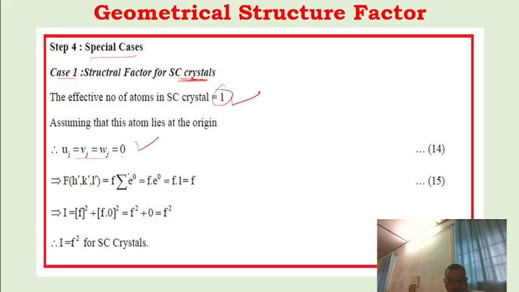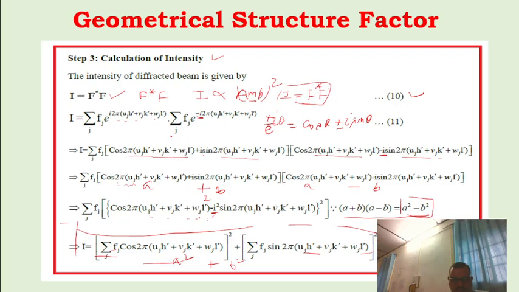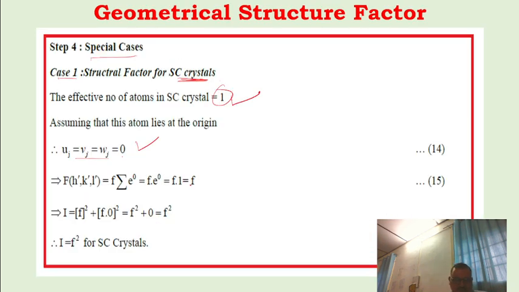On putting all these values in the previous equation, here we have Uj that is 0, Vj 0, Wj 0, then sine of 0 is 0 and cos of 0 is 1. So in the final expression we are getting exponential 0 only, and exponential 0 equals 1, and f. So if this is your f value,